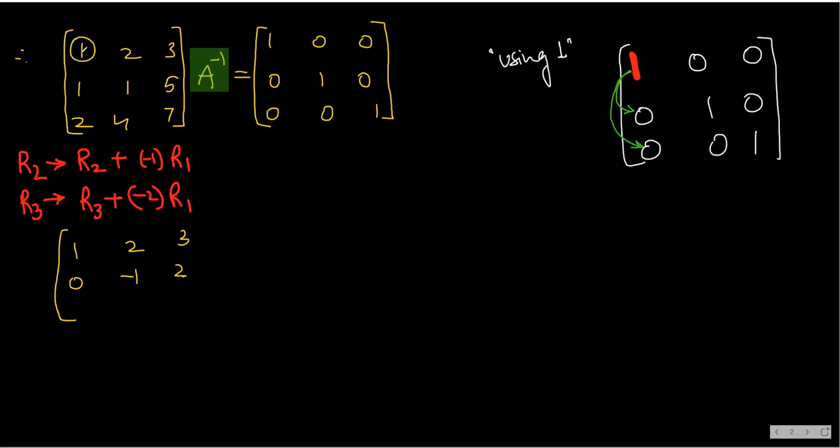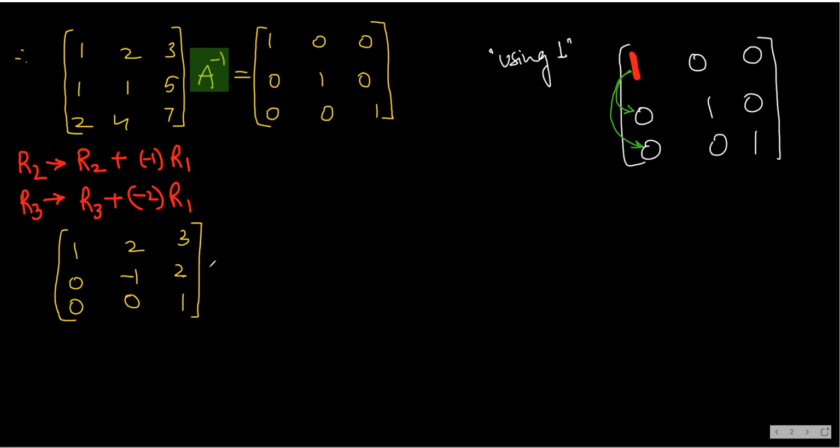Now multiply minus 2 here. See, now R3. Okay. When you multiply minus 2 here, you get minus 2, minus 2, minus 2, and then add correspondingly. That is what the transformation is. R3 changes to R3 plus minus 2 R1. So you get 0. You get 0 here also. See, minus 2 when you multiply, this will become minus 4. And here you get 1.